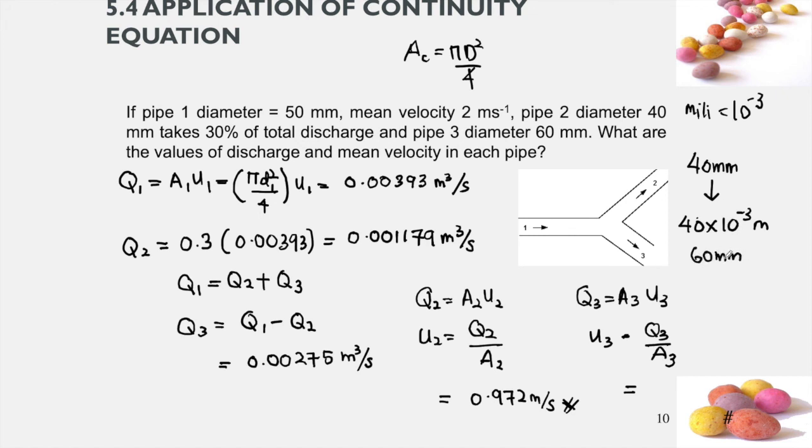If we want to change mm to meter, 60 times milli, which is 10 to the power of minus 3 meter. Then after you change mm to m, you can substitute into the cross-sectional area. After that, substitute into this equation to find U3. From here you get U3 is